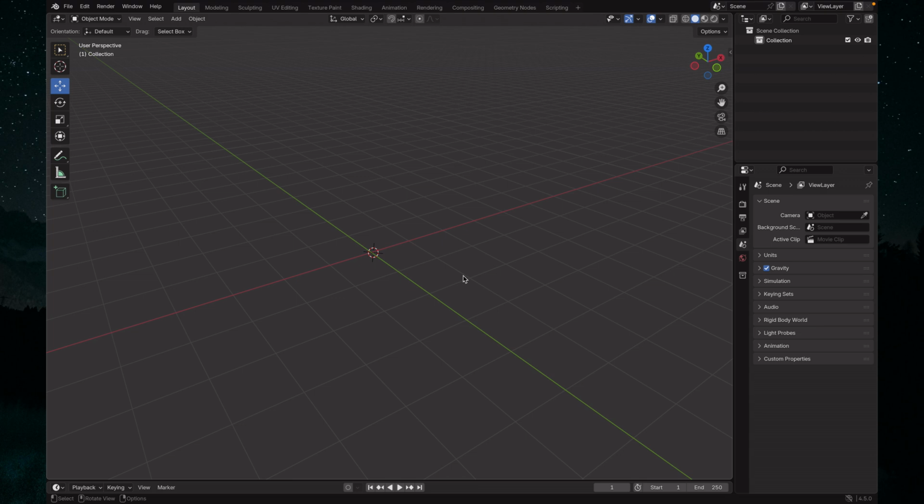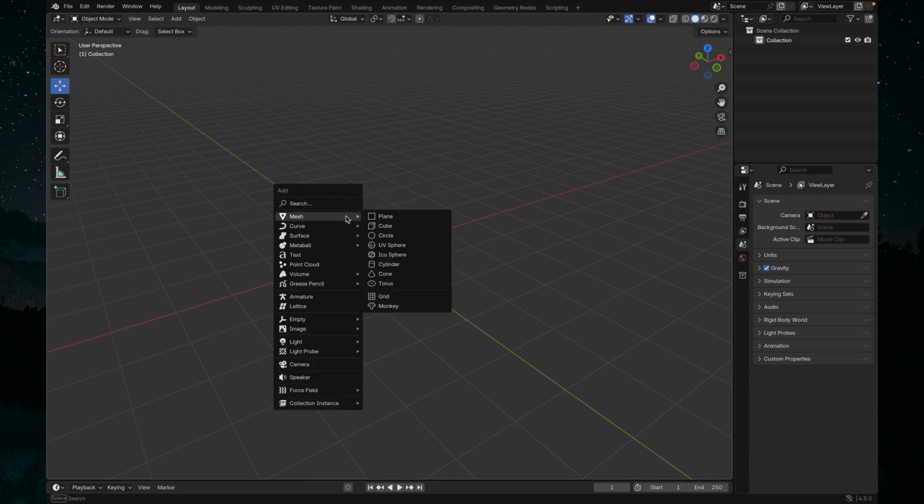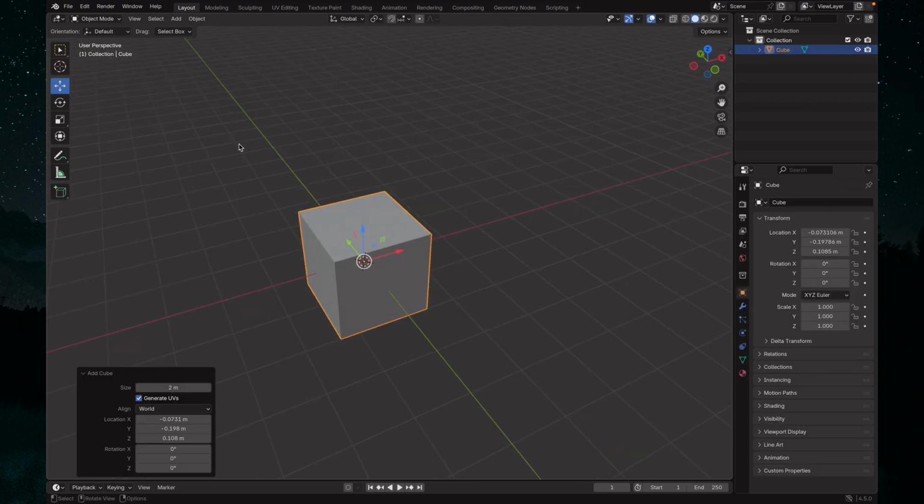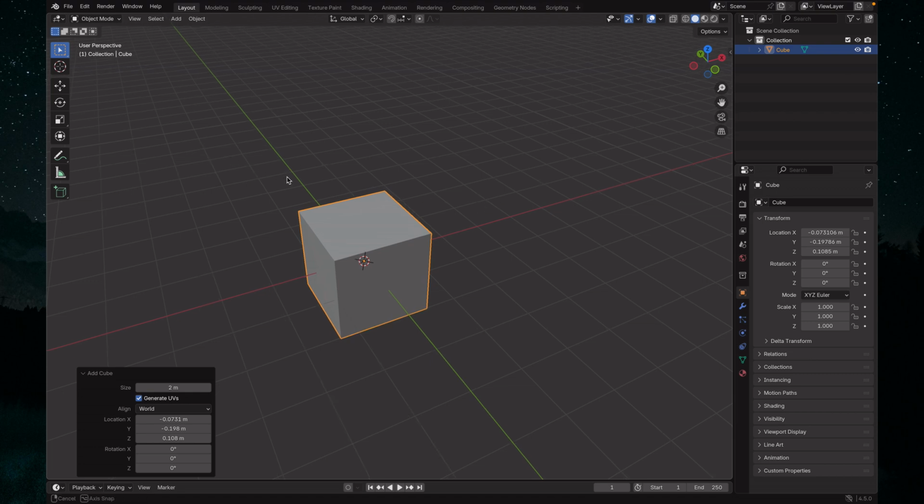So let's begin. This is our interface of Blender. Right now let's begin by creating a cube. The shortcut, remember, is Shift plus A, and it will bring up these options, and you select cube. So our cube has been created, as you can see. So the transitions that I wanted to teach you,